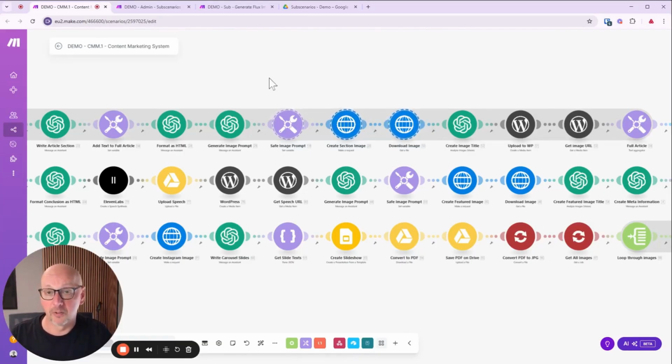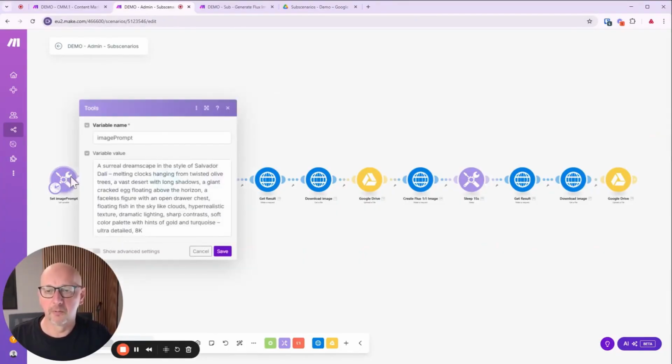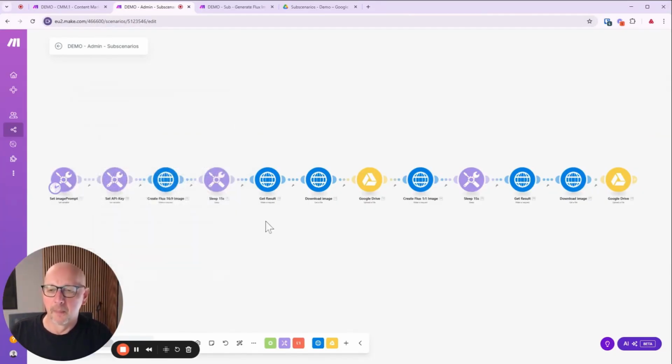I've now set up the whole thing a bit simpler, namely here in this scenario. What do we have here? First of all, I've simply inserted a variable here to define the image prompt. I've written in a Dolly image that is supposed to be generated. And then, you can of course imagine, instead of this variable here,